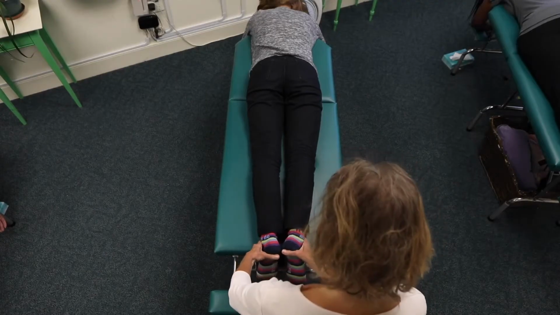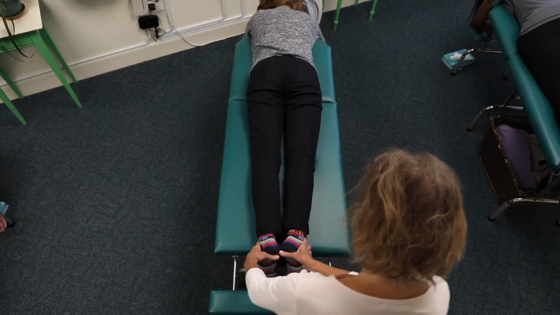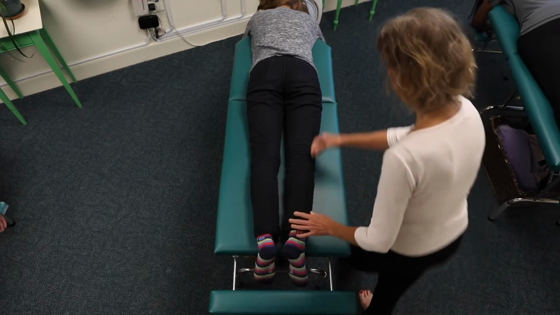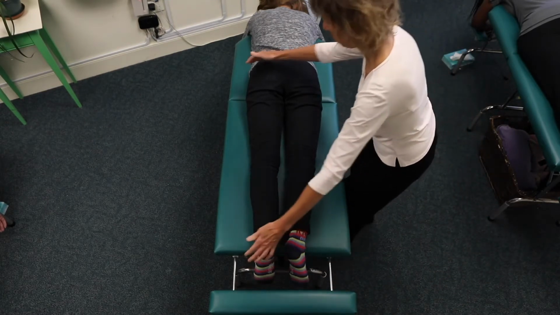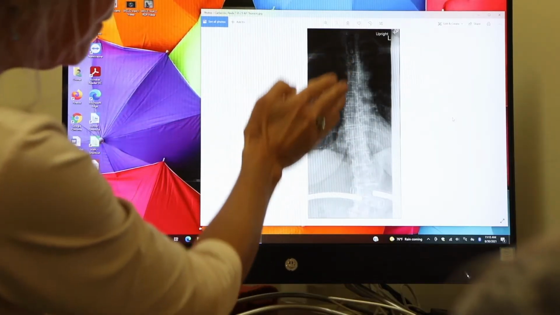Another test that we do is a leg length test. So we want to know whether or not there is any kind of rotation in the spine that it's drawing one leg up so it's shorter than the other. So we'll do that assessment. Occasionally, someone may actually have the bones of their legs shorter than the other side, but most of the time, it's what we would call a functional short leg, meaning that it's due to the twisting and torquing in the spinal system.